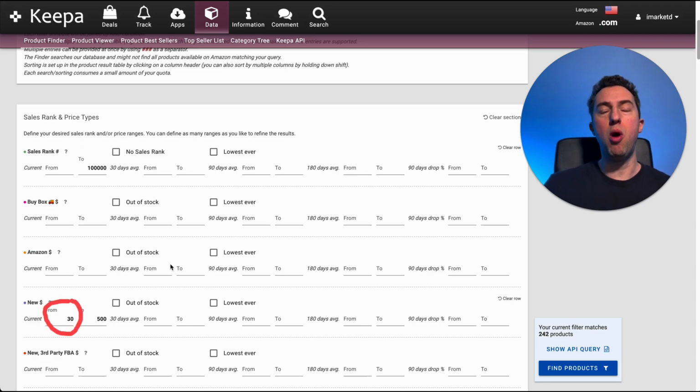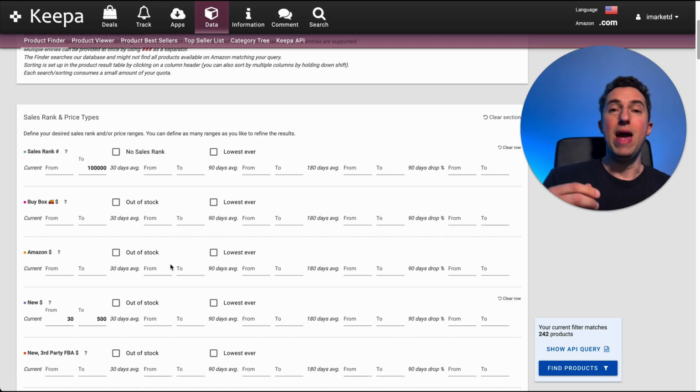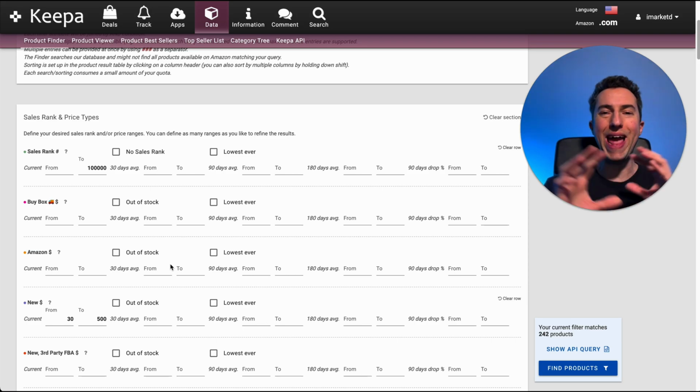You don't want your product to not sell, or to sell under $30. At least $30 needs to be the sale price on Amazon to make a decent amount of profit when you are buying the product to resell the product. Remember, Amazon is taking their fees, and also there might be removal fees and customer returns. So you've got to account for all that